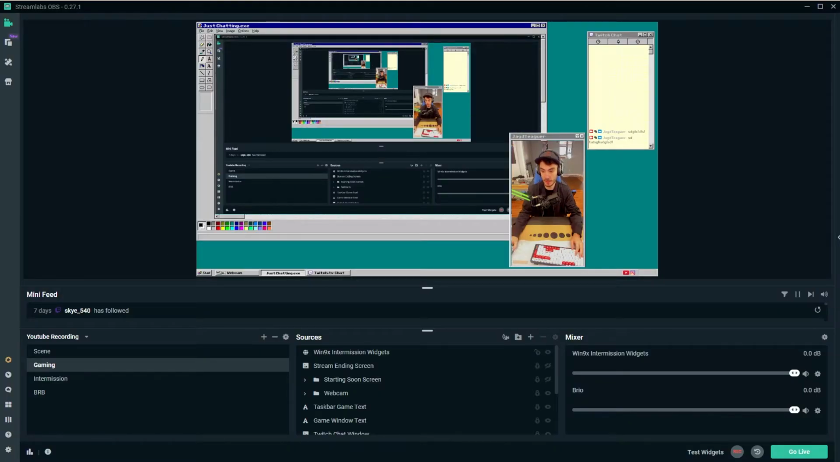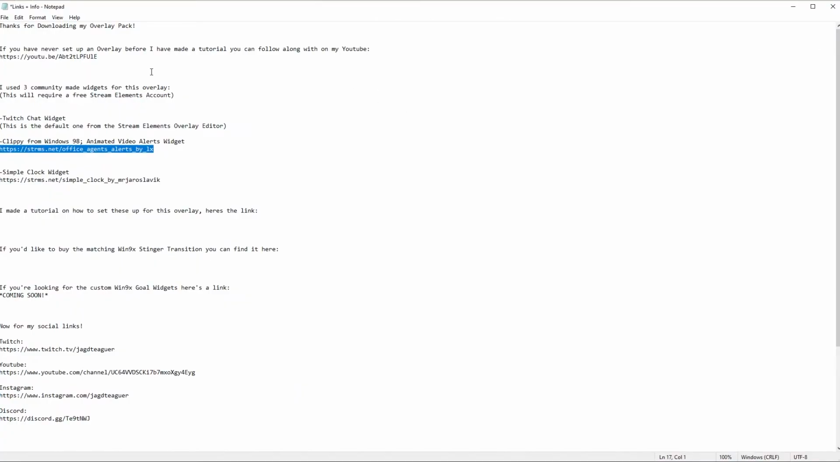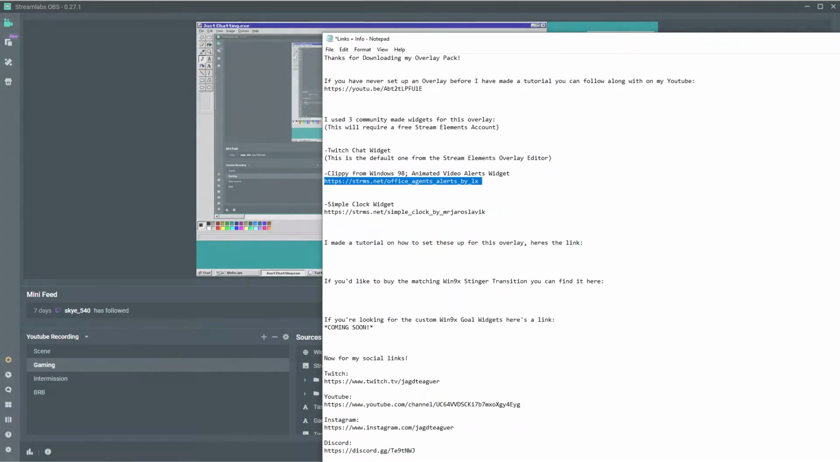Now we're gonna do the next widget, which is the alerts widget, which is, I use Clippy. There's a couple other widget animation characters that you can use, but Clippy is the one that I use because it's most accurate. Inside, you want to go into the text document and grab the link here, copy that,